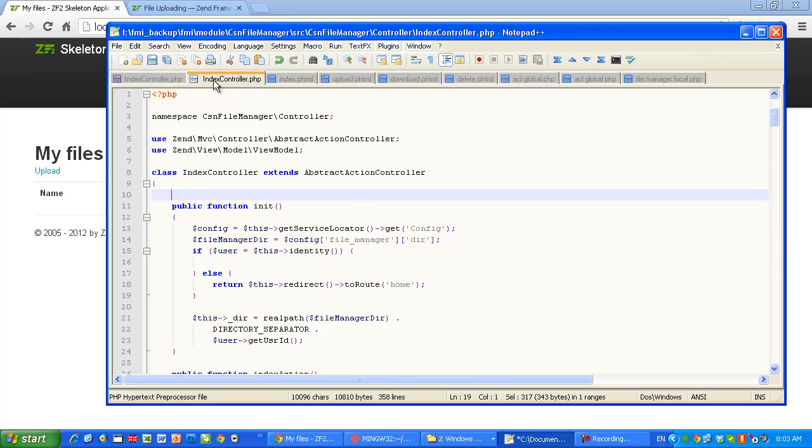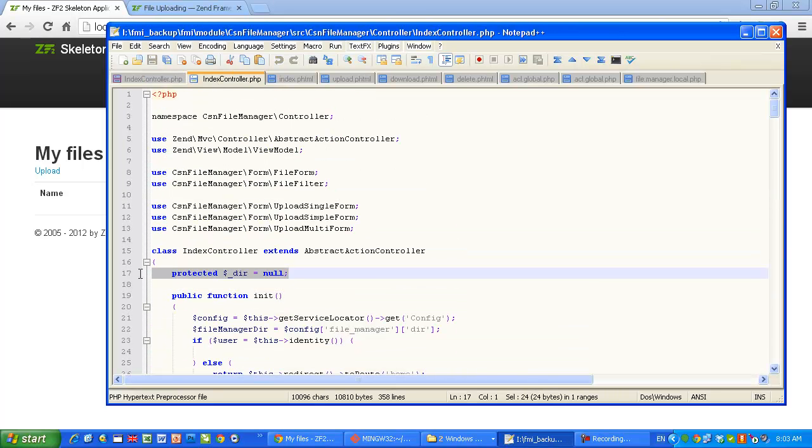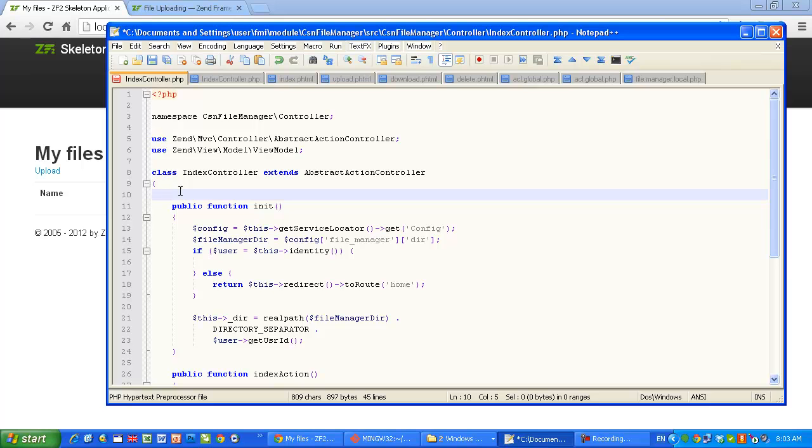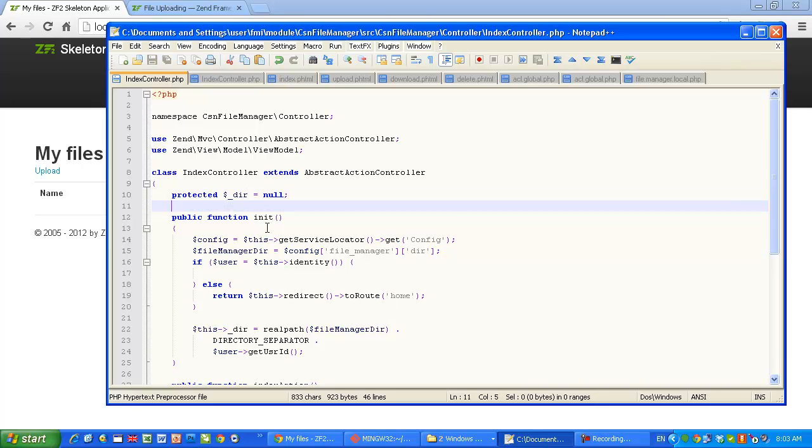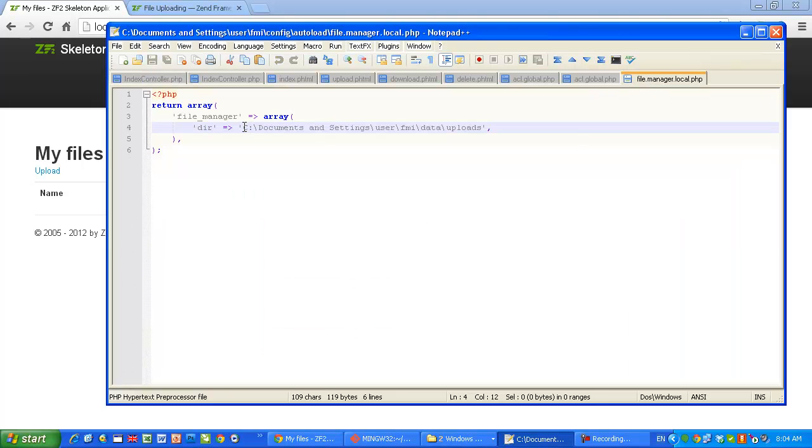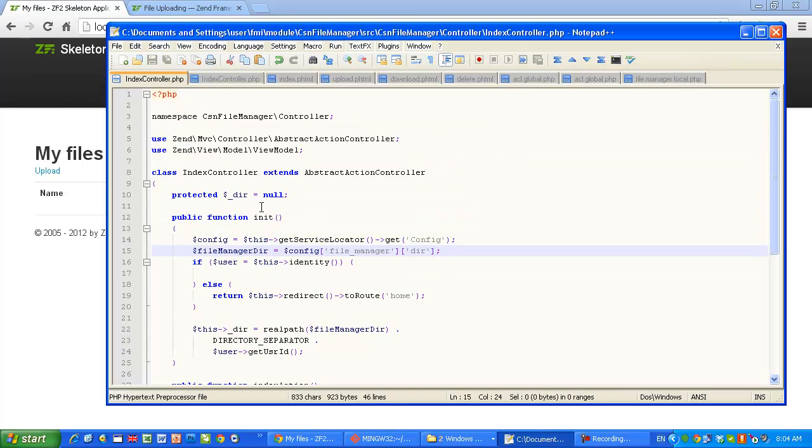Okay, one member variable. In this member variable, which is accessible to all methods in this class, in this object, I will hold the file manager directory. As I said, this is in my case in data. Here it is. This is the directory of the file manager. So the file manager will know where to create folders, subfolders of the members, where to upload and look for files. Okay, once this is done,